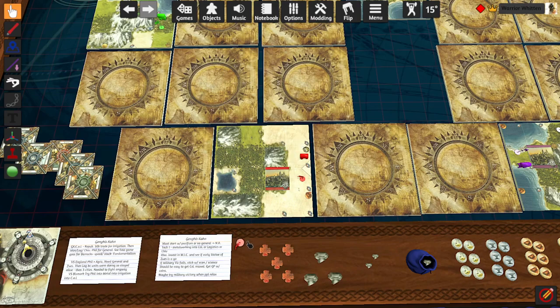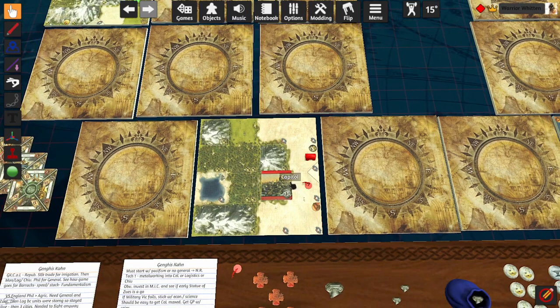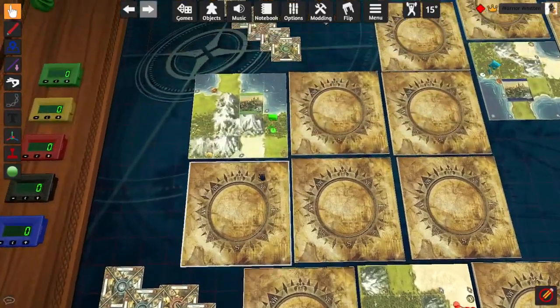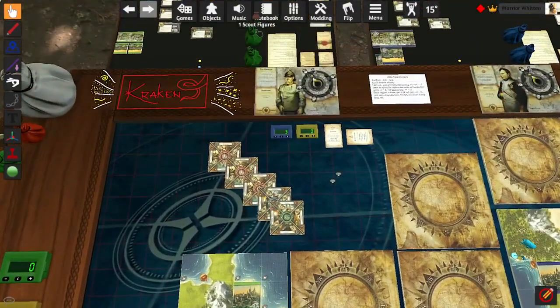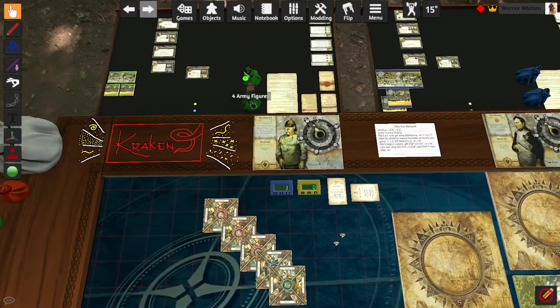Part of Genghis Khan's strategy is to advance a second city, like immediately. So I guess I'm gonna put that there. And then, I mean, you can do it with other people, it's just really hard. Actually, hold up, he might need...